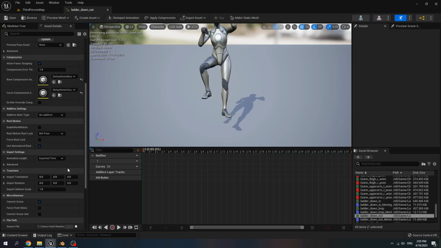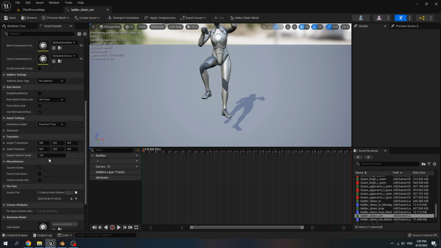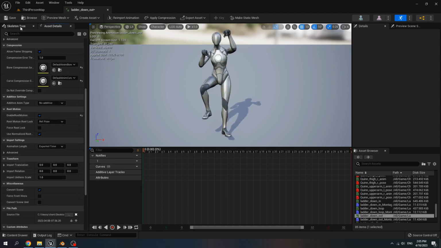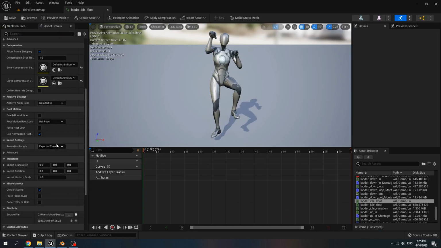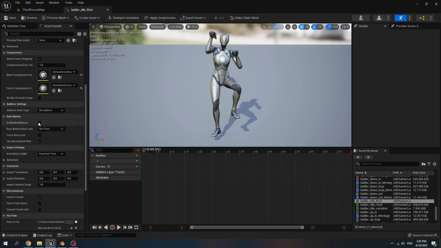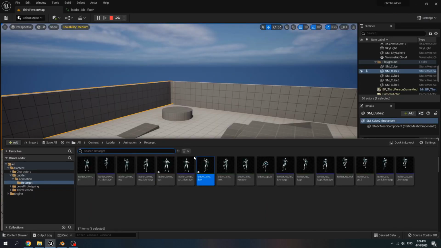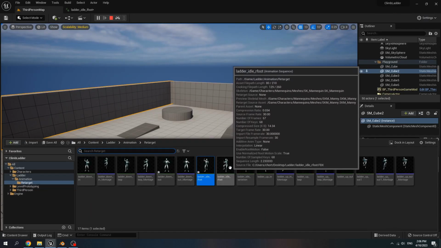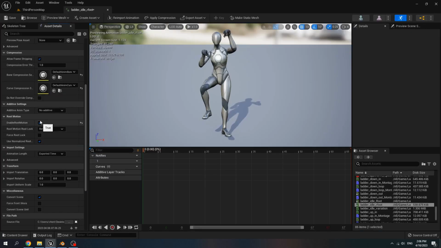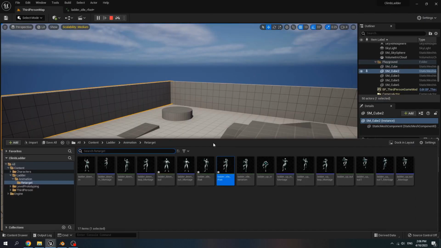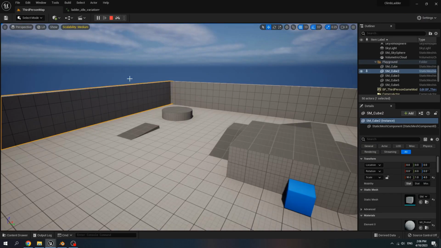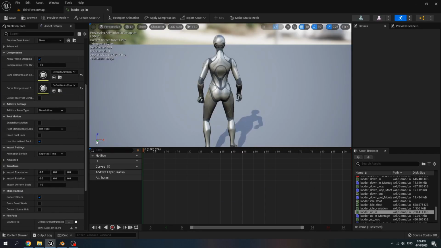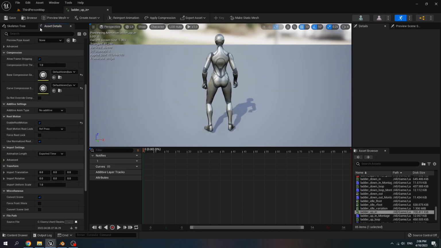Ladder down out, enable root motion. Ladder idle L foot, enable root motion. Ladder idle R foot, enable. Ladder idle variation, enable. And ladder up in, enable too.